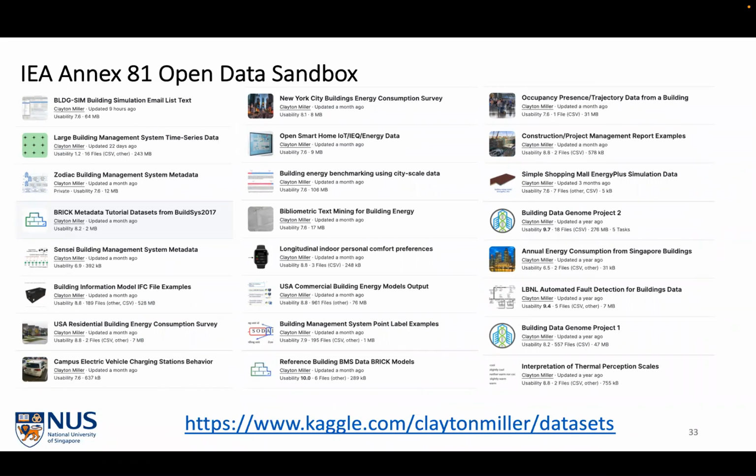We don't want to duplicate effort on the other sources of open data, but we're trying to create just a directory. There's actually a website being created that's not quite ready yet, but will be quite soon. So keep an eye on LinkedIn or other places where we'll have a place where you can download data sets from all different areas and not just energy data.